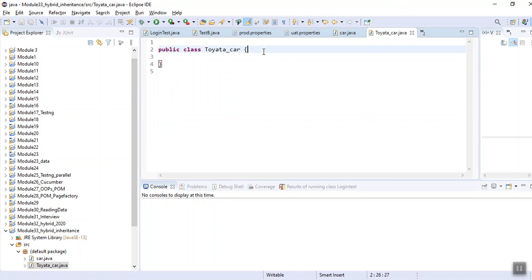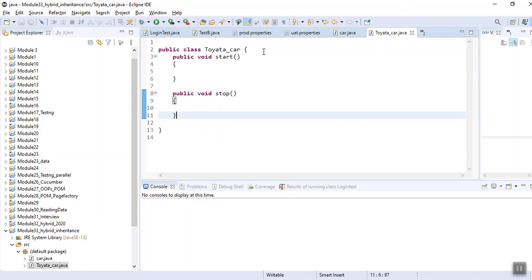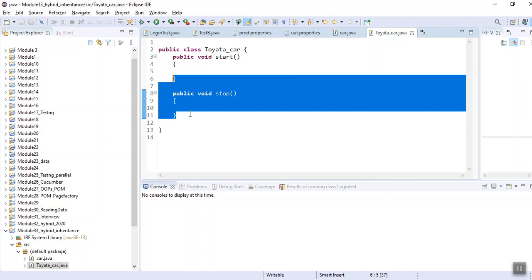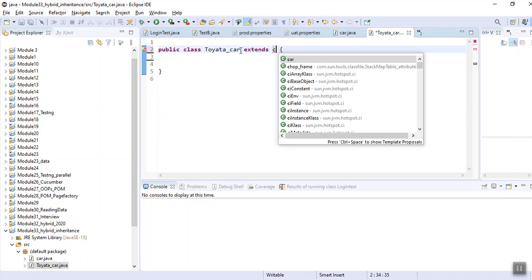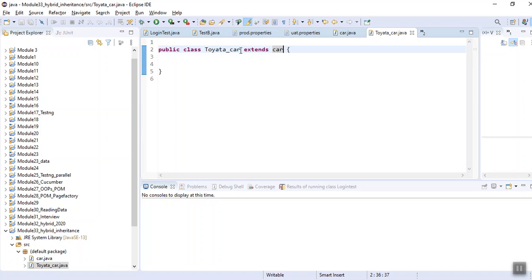So functions are repeated here. Okay, you can see. So what will help here? Inheritance will help here. So what I can do, remove it, extends car. So what it means, this Toyota car is extending the feature of car class.